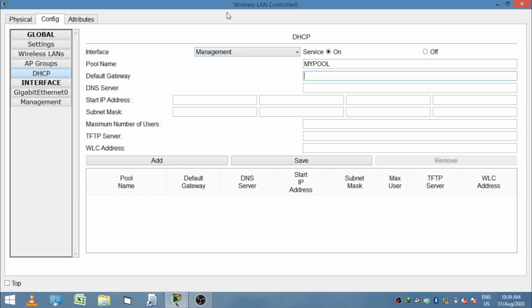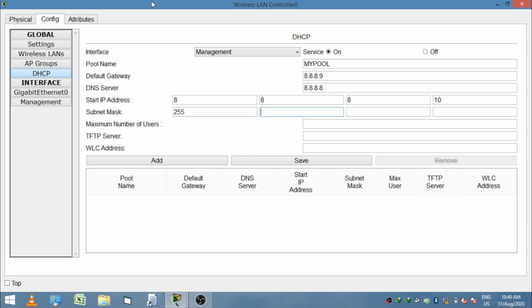Next, double click on the WLC and click on the config tab, then go to the service radio button, click on it and write the pool name. Here I write the pool name as mypool. Next, type the default gateway.